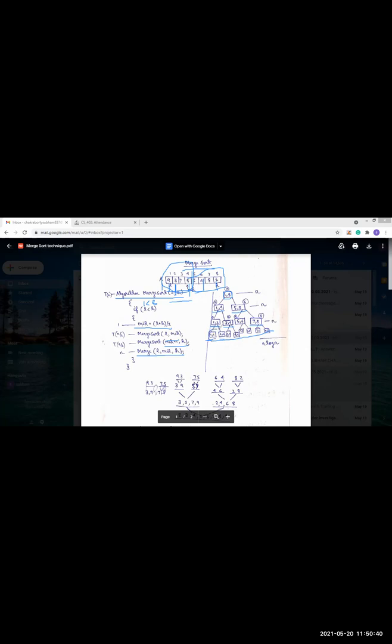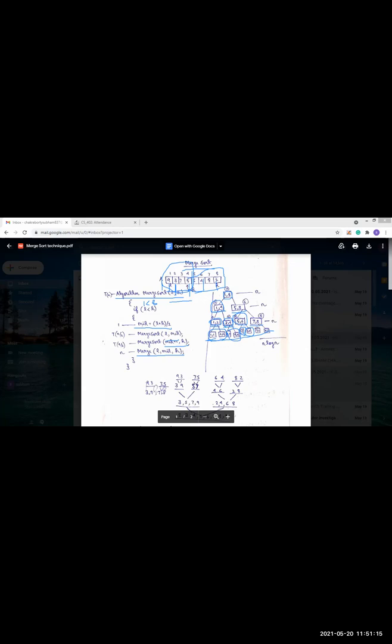So in this condition, this will be merged first. Our first merge will take place in this position. Then these two elements will be merged and our merging will take place in this position. This will be the second merge. After that, these two will be merged and we will get the value in this position. Then again, from the right side portion, we will do this and this. We'll merge these two elements and our fourth merging will be done here.